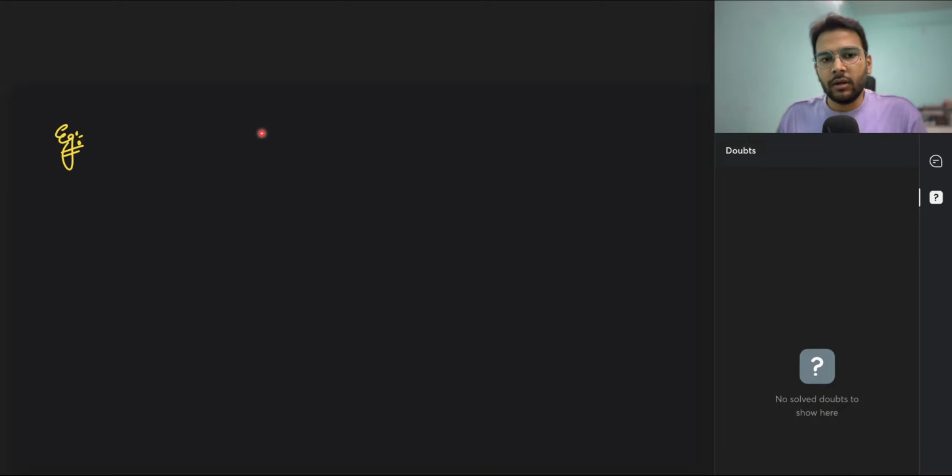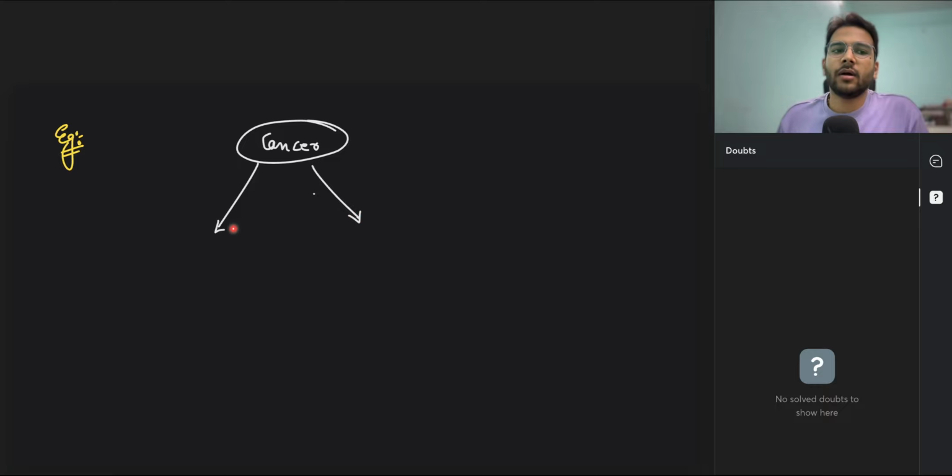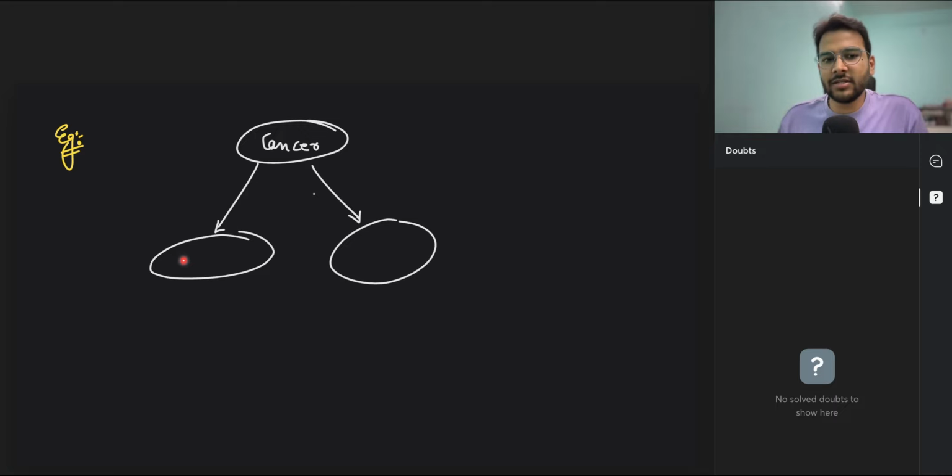Carefully see this. Let's say there is one disease, or let me take the example of cancer. So cancer is one disease, and for cancer there will be, let's say, one test. Let's say some test is there, maybe some X-ray or something, right? So X-ray is a test and there is some symptom. Let's denote that by just a symptom, right? Now carefully understand this. This is a cause, right? And these are the effects, right? And so on.